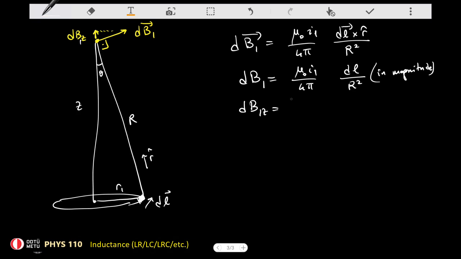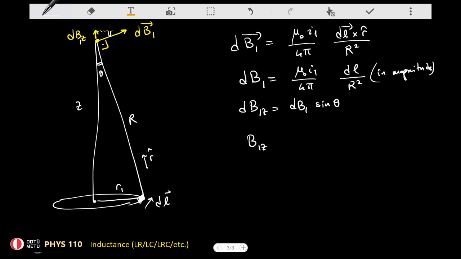That's the part that's actually important. So that's essentially dB1 multiplied with sine theta, where theta is that angle, which is the same as this angle. Right? This angle and that angle are the same. So as a result,